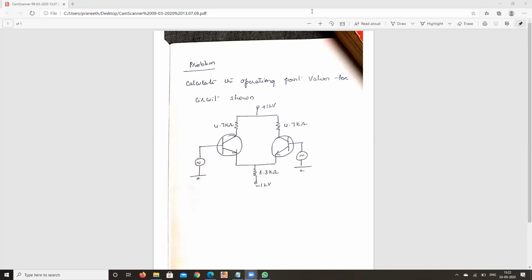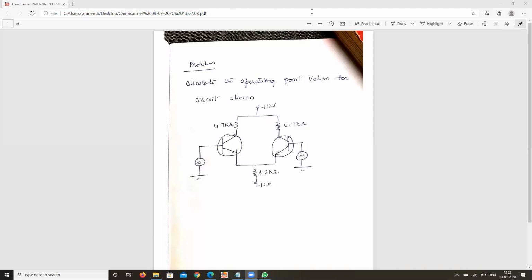See, this is a direct substitution. I don't know why you're taking this much time. If you have a calculator with you, just substitute the direct values which are shown in the figure. IE equals, I repeat once again, the operating current, IE or ICQ, both are equal, isn't it? So IE equals (VE minus VBE) by 2RE.